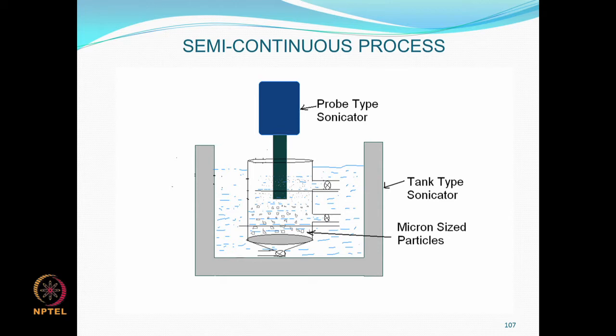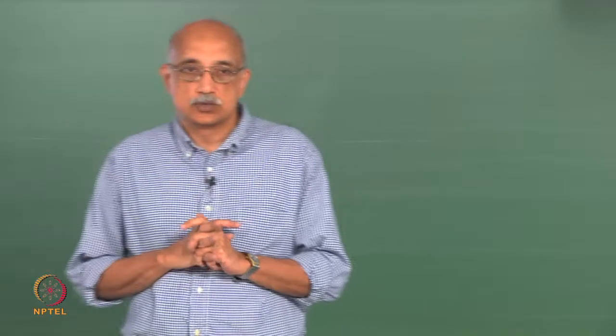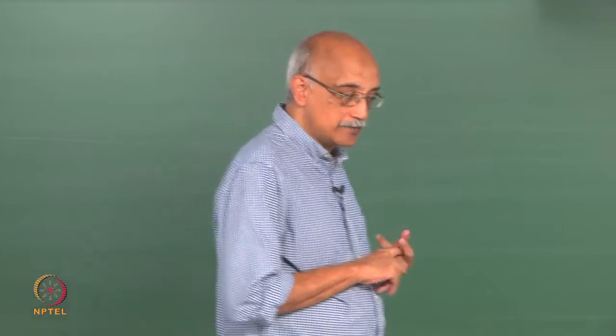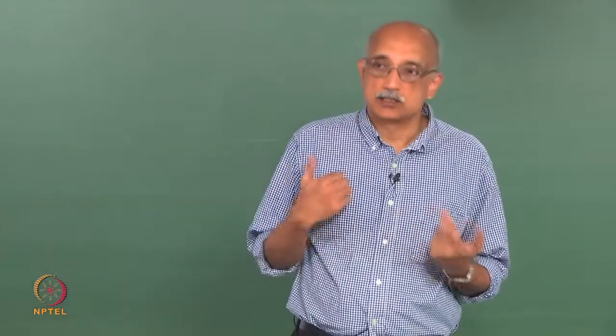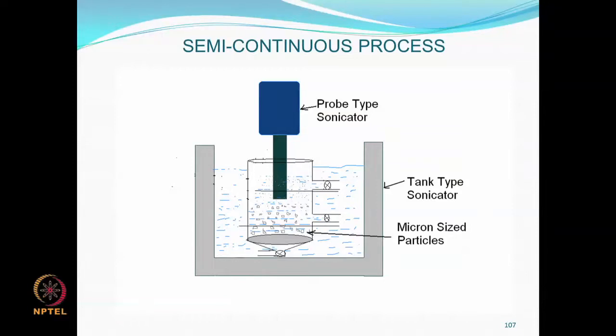On the other hand, the acoustic process actually lends itself to scale up, because it can be operated in semi-continuous mode as well as continuous mode. In the semi-continuous mode, you can have a tank that you fill with a liquid, couple it to an acoustic field and set up a cavitation system, and you can have a container containing particles to be size reduced, stick it inside this ultrasonic tank, turn on the ultrasonics, and size reduction will happen because of cavitation. You can do this using either a tank type sonicator or a probe type sonicator,